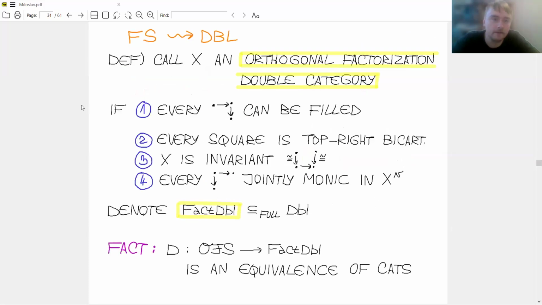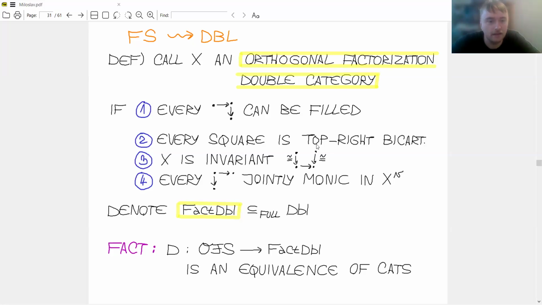So this is why I call them an orthogonal factorization double category. It's a double category in which every top right corner can be filled into a square. Every square is top right bicartesian, which, as I said, is like a vertical dual to being a pullback square. Another property is the invariance. And the last property, as I said, is the joint monicity, which is, I guess, the most painful or